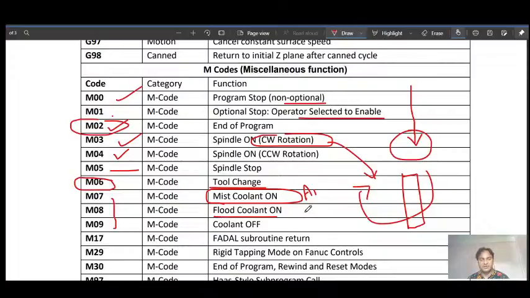Here we will supply coolant in the form of liquid, with a jet or a nozzle, so liquid state here versus mist state. Then M09 coolant off, we will shut off any mode of coolant.